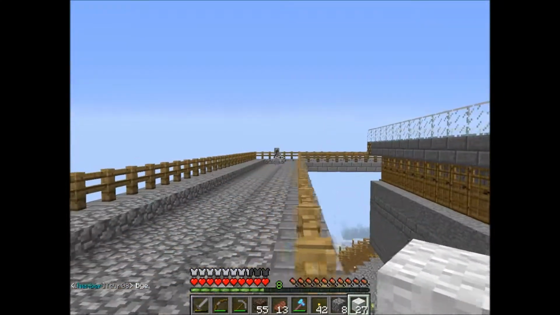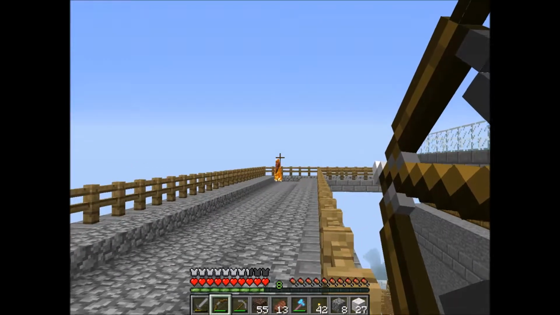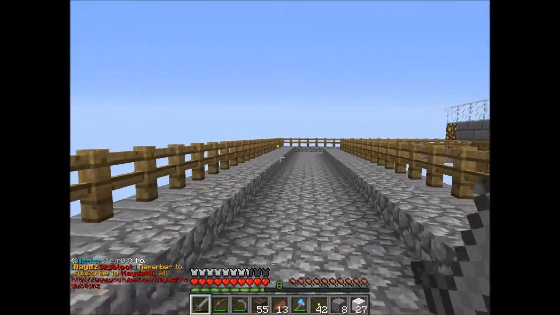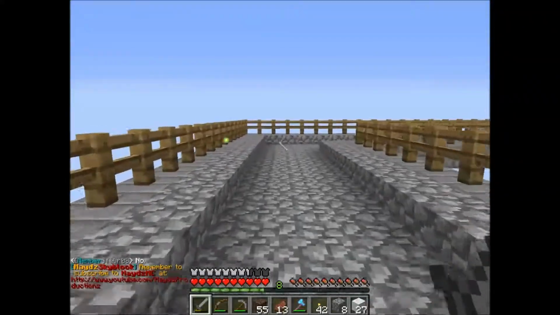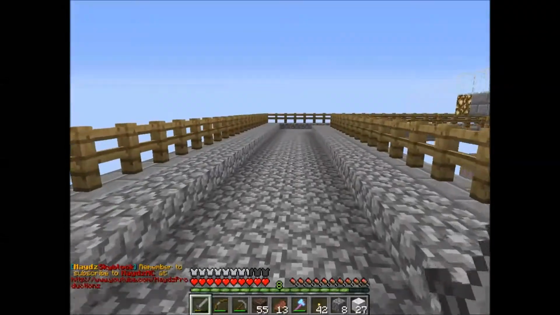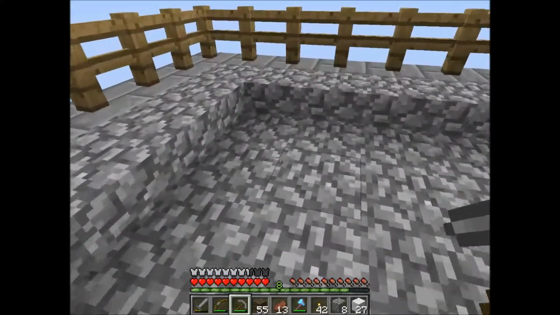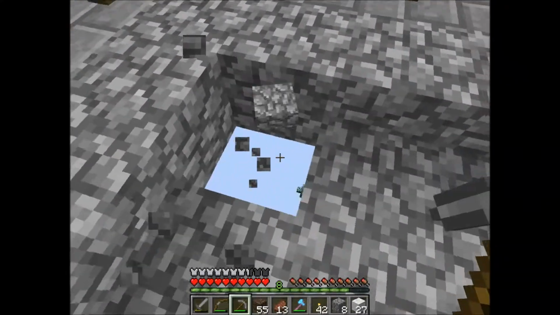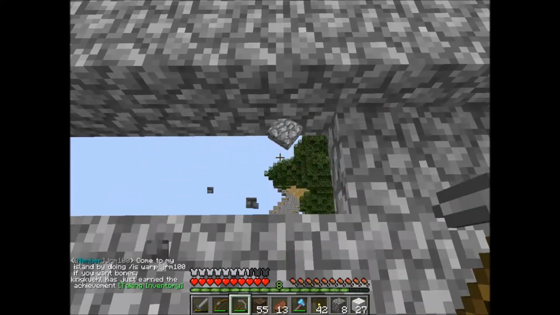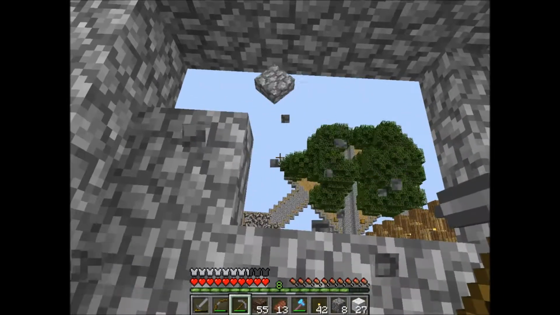Really? Oh, it's because you're on a half block. There we go. Okay. So yeah, grab that stuff. But yeah, so we've got that one set up. And we'll do the rest over here. Try not to lose any of these half slabs. Well, that didn't work, but...